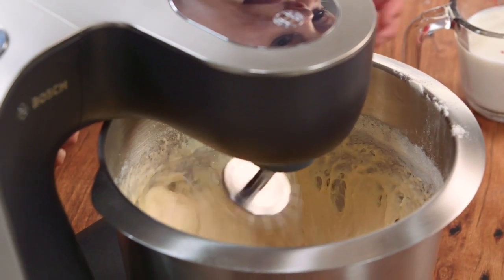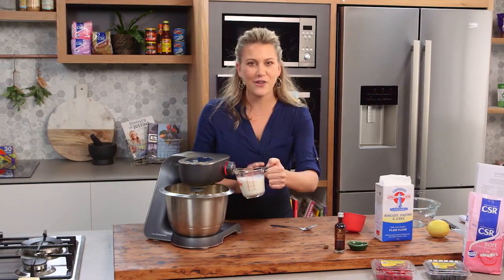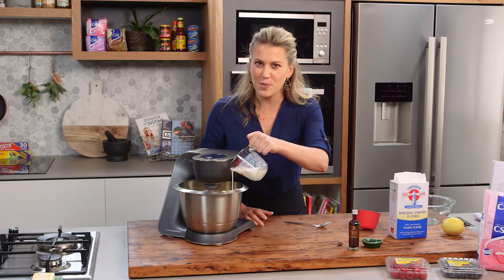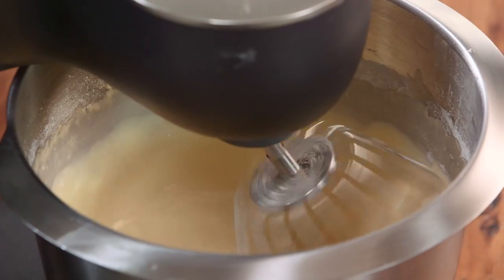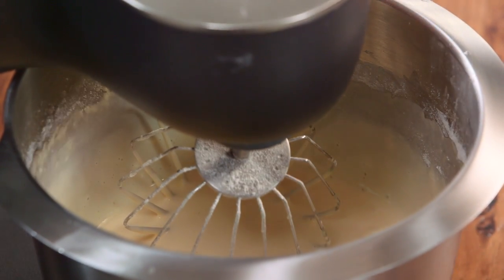Now that that's mixed in nicely, we can start adding in some milk. So again, 3/4 of a cup of milk, and I've just warmed this up a little bit, and I'll slowly add the milk in, just drizzling it in. The consistency should be in between a pancake batter and a crepe batter, so it shouldn't be too thick at all. This is looking good, so now I can turn this mixer off, and I want to show you the